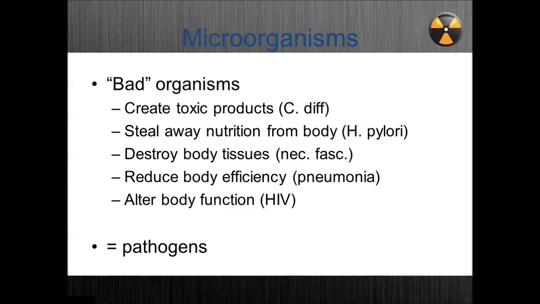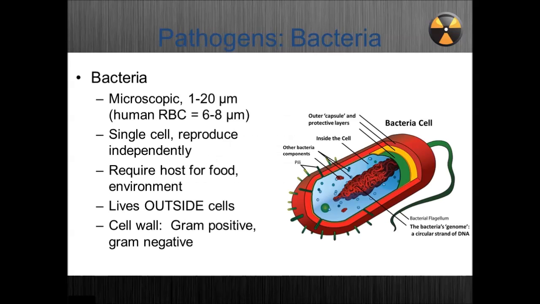There are some pretty virulent organisms that can cause some very bad diseases. Necrotizing fasciitis, where it literally eats at your skin and crawls and spreads through your skin up your extremities on an hourly basis. So it can go from your toes to your hips in a couple of hours and just destroy all that tissue. Very scary disease. And then we know about things like HIV. Those are definite pathogens.